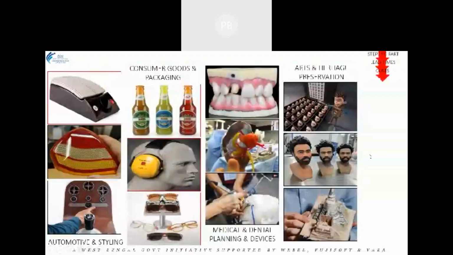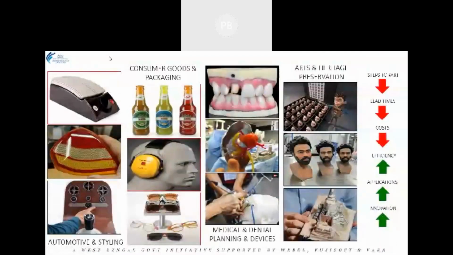These are the major segments where 3D printing is coming up in different uses. These are medical devices, automotive parts, automotive interiors, your day-to-day life beverages or packaging goods, hearing aids, sunglasses. Everybody is using 3D printing for aesthetic look testing, functional testing, and fitment tests. This is the complete summary of the applications: art and architecture, miniature models, architectural models, dental, medical. People are using 3D printers in different segments. 3D printing is a technology which can fit into any kind of production, any kind of manufacturing.